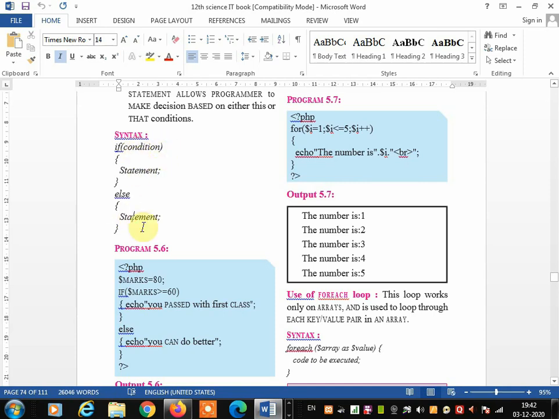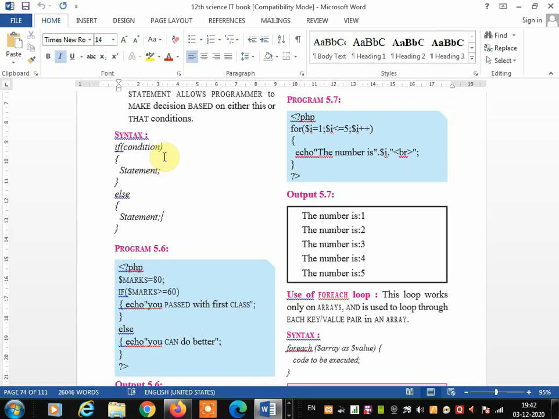Like this the result you want to print, then the condition is required over here, and then the block of statements, first the true statement and then the second, false statement. This if statement we have learned in 9th standard, 10th standard, 11th standard also you learn, now also you are learning. So the if statement works when the condition is found true, it displays the true result, otherwise the false result.